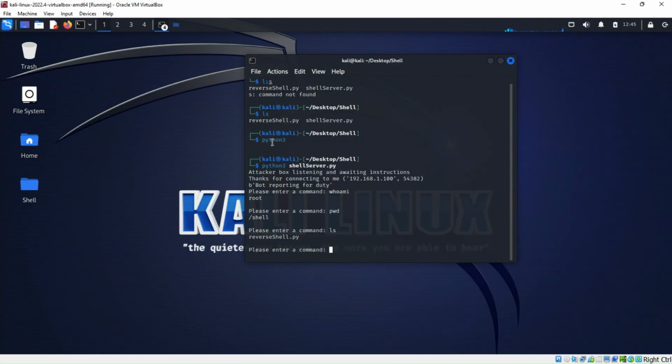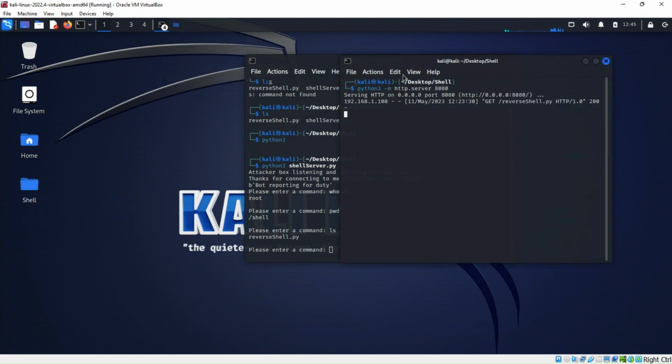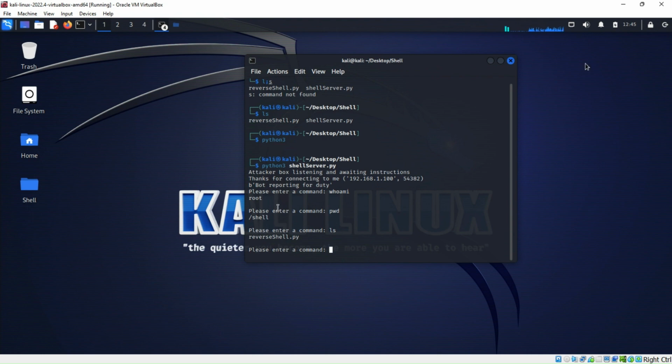Because we created the server in this directory, right? That makes sense to me. So we created this server in that shell directory. So it says, go over here, port 8080, and then in that directory,